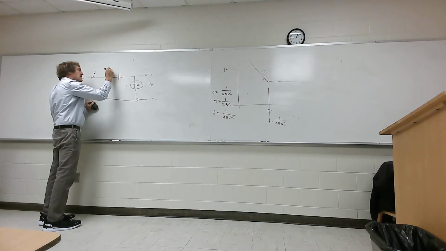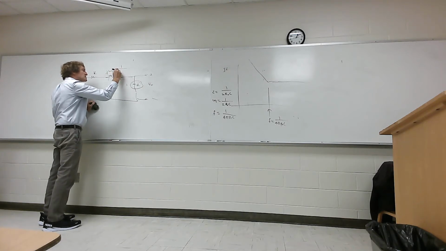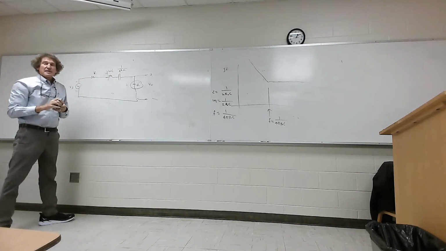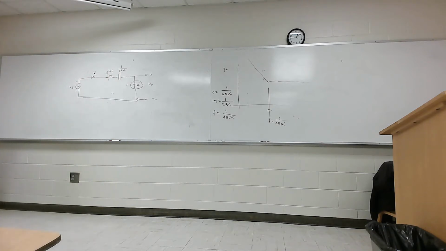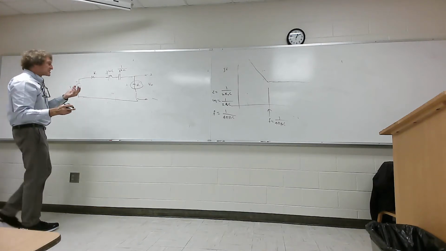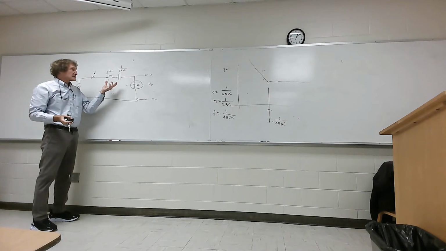This is j omega L. This is 1 over j omega C. Now, that's a series LC circuit, right? At resonance, it looks like a short. The inductive reactance is equal and opposite the capacitive reactance. Y'all follow me? That's a short circuit at resonance, but the further you get away from resonance, when you're at